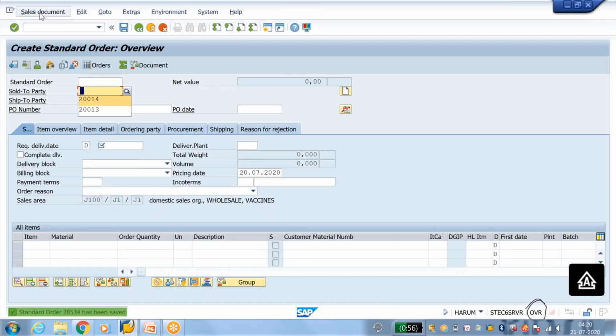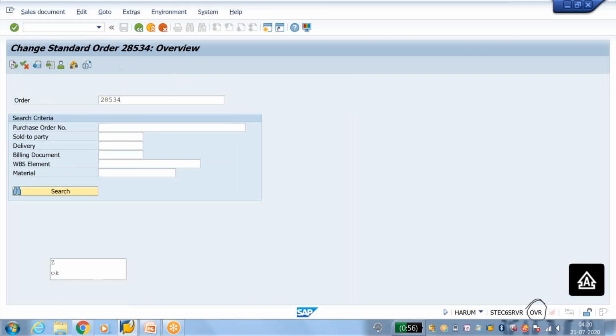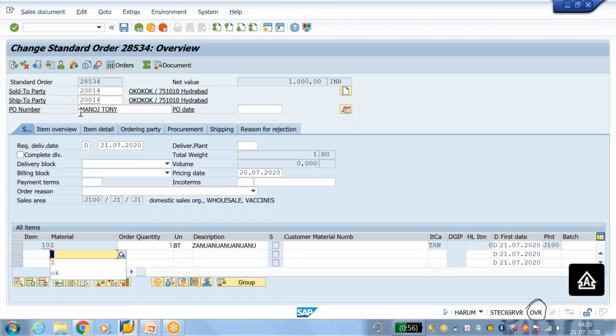Save. Then go to change mode of the sales order. Now my requirement is that I should give OD Manoj Tony. So overwrite mode is activated. Here you can see overwrite mode is activated. So initially my PO number should be OD Manoj Tony.